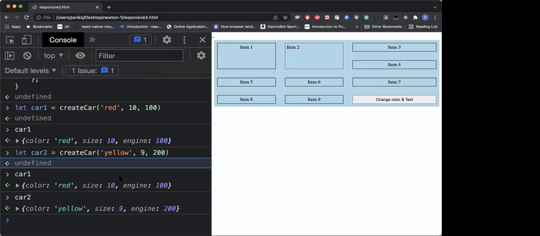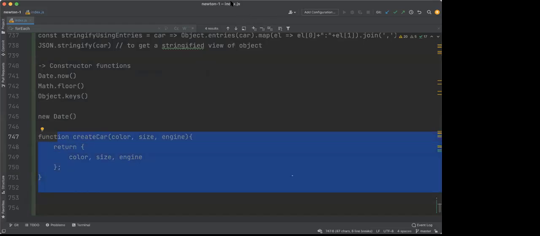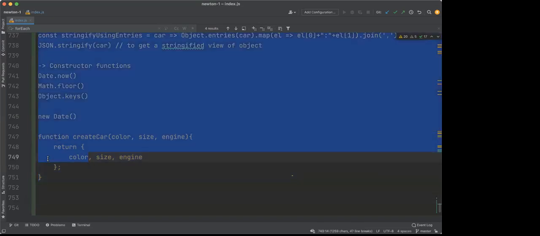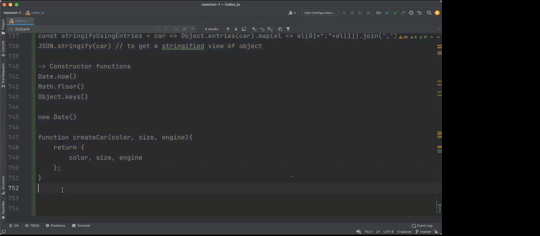Does everyone understand this? Guys, do you understand this? Okay. Now the problem with this kind of implementation, the problem with this,